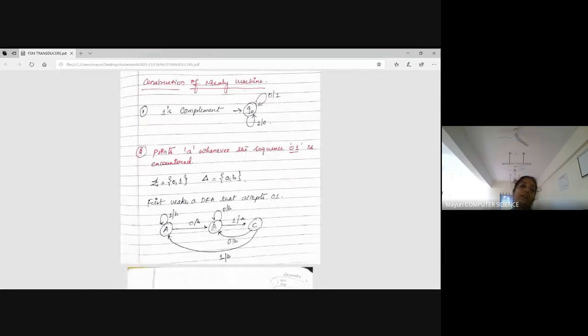Here it is telling you to construct a machine. Again, it is a Mealy machine, right? Because inputs are associated with outputs, it's a Mealy machine. Print A. Printing A means it is the output, remember. Whenever the sequence 0, 1 is encountered.